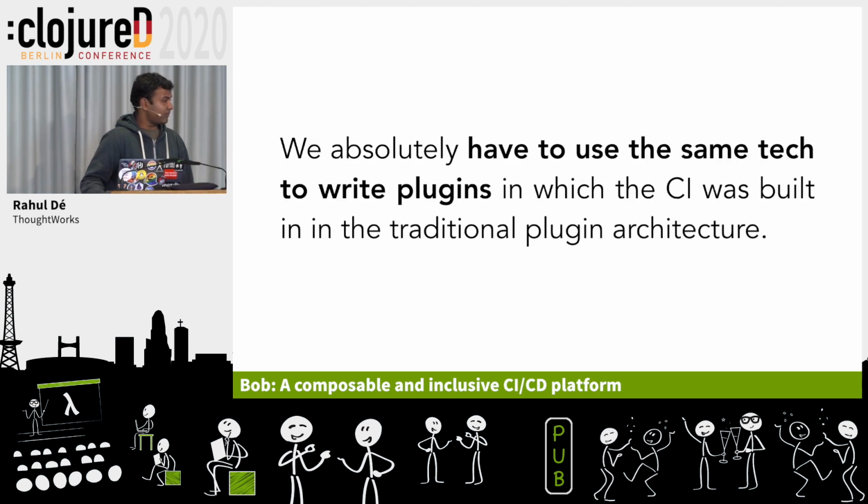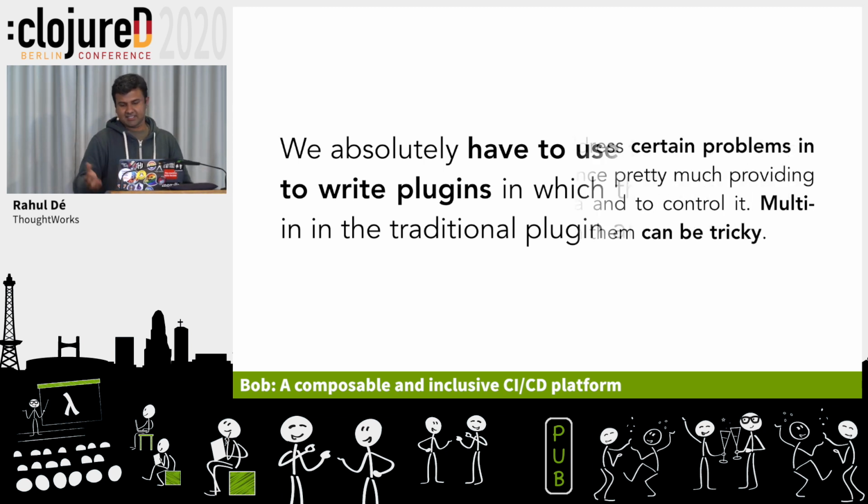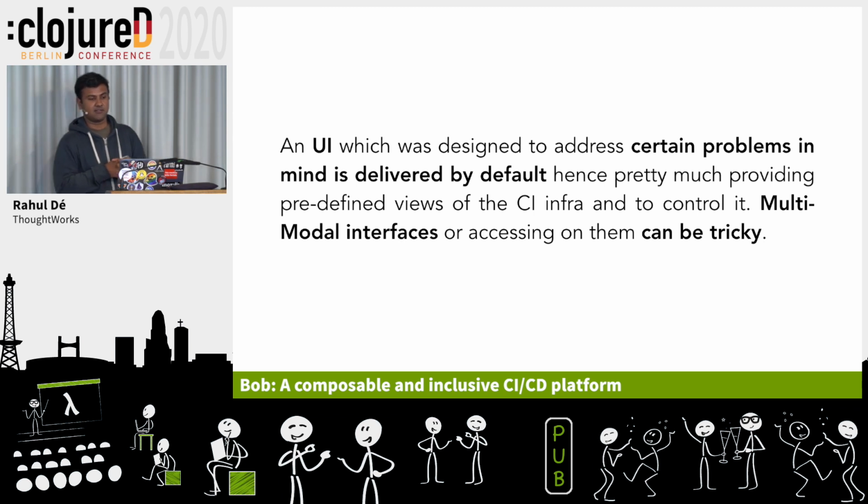This is there in a lot of places. We have to use the same technology, be it the language or YAML or things like this, which the CI has been built with. So we can't extend the CI in the way that we want, because we are forced into a contract at the API level. It's either a language or whatever it is. And this is my personal problem with every CI right now: the opinionated UI. How many of you have opened Jenkins on your mobile phone?